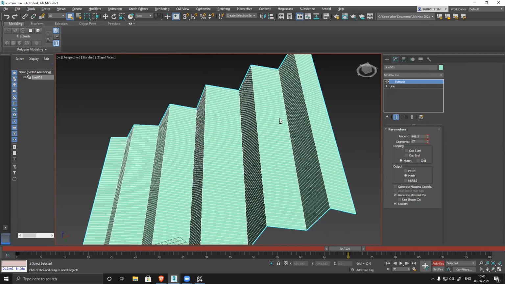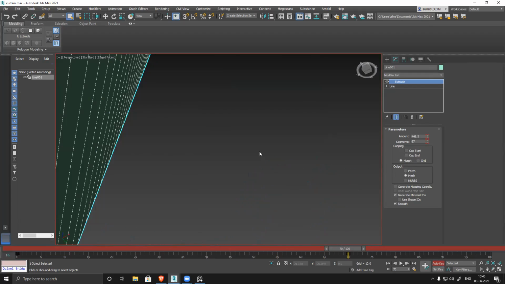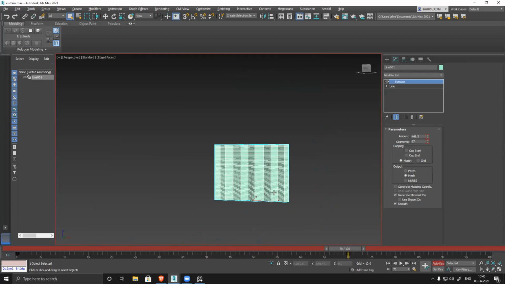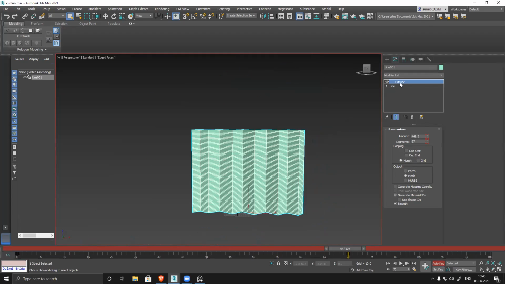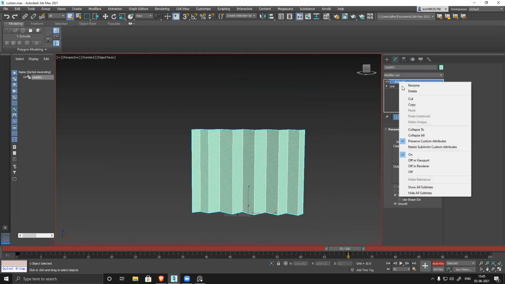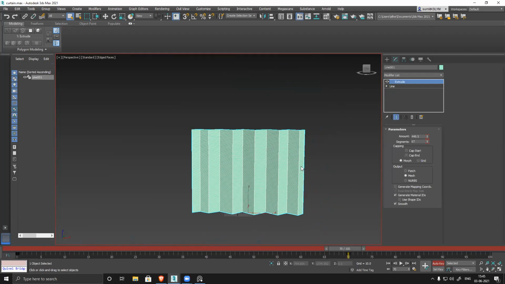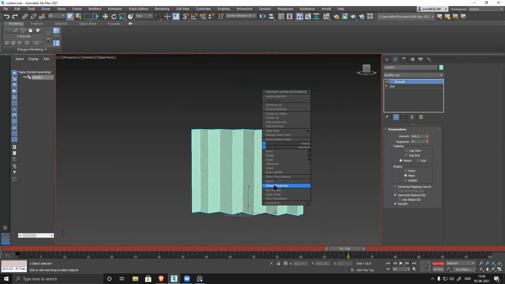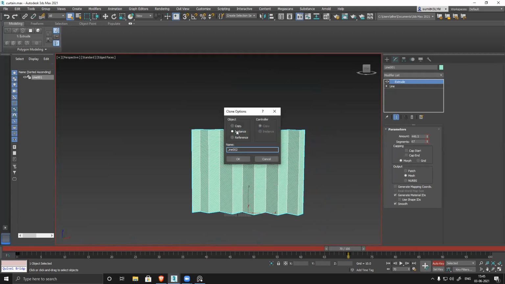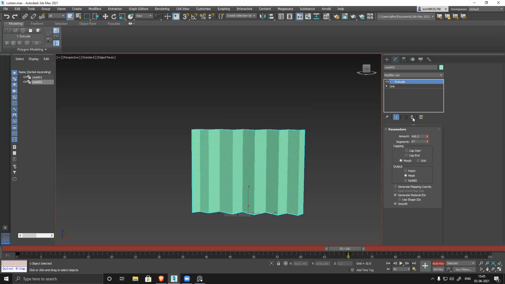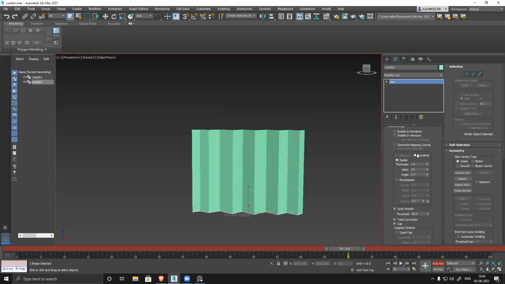No capping, no nothing. If I create something like this, it will be way easy for me to control. Then I can, before collapsing, simply clone this thing, copy, not instance, copy, and this extrude here. I remove it and this line, go to render, rectangular, enable.